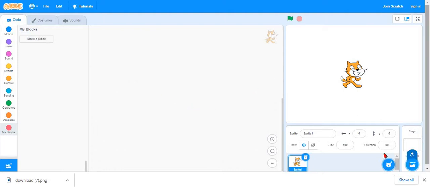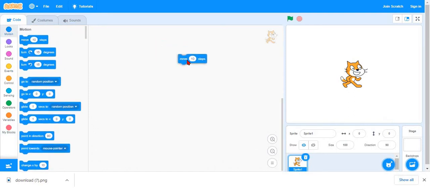So now, this is the code place. When you take move 10 steps, it will make the sprite move. Over here is the output, that's where you can see the move. And over here are the X and Y positions, size, direction and the name, and whether it's showing or not.